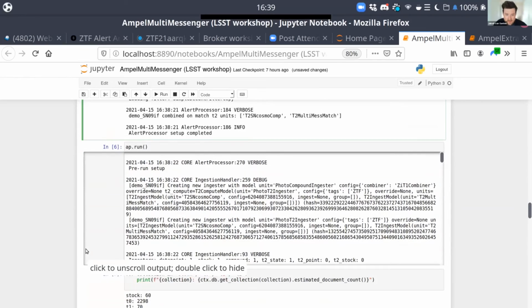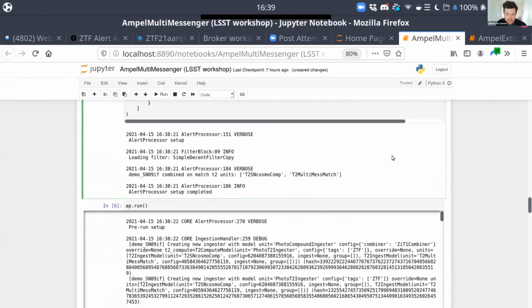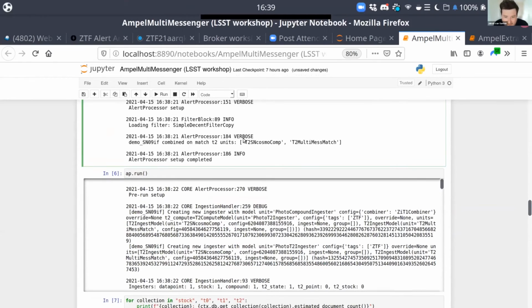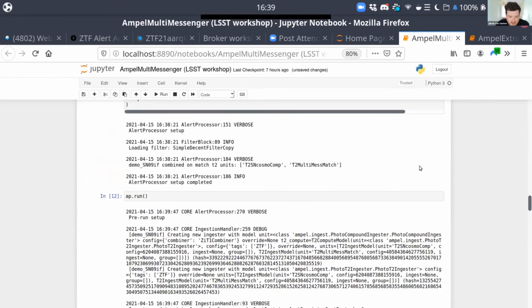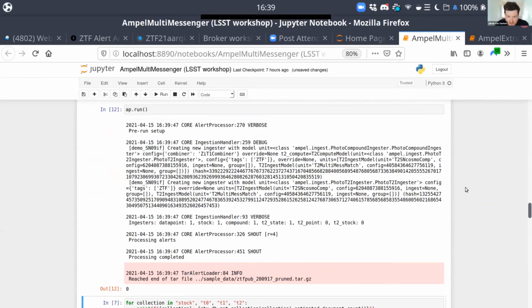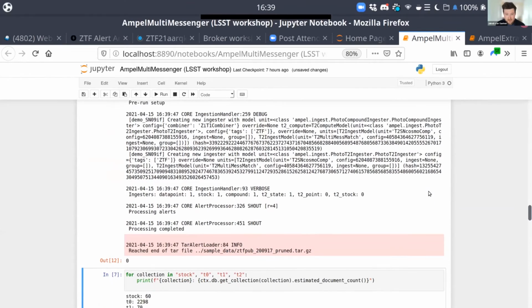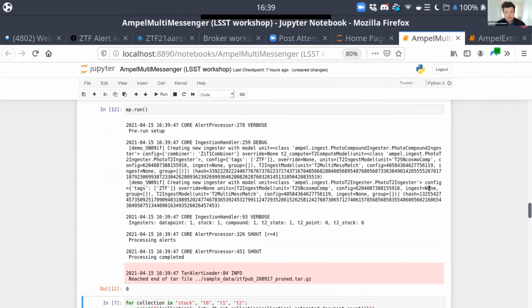Okay, so this has now been set up. And you can see here it's going to be running the simple decent filter, and then on each light curve it's going to be running T2 SN comp and T2 multi-messenger match. And then when it runs in cell 6 here, as Jakob is showing, it's going to then run through all of the alerts in this demo bundle and issue